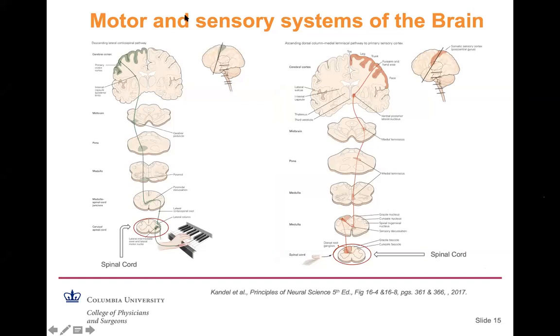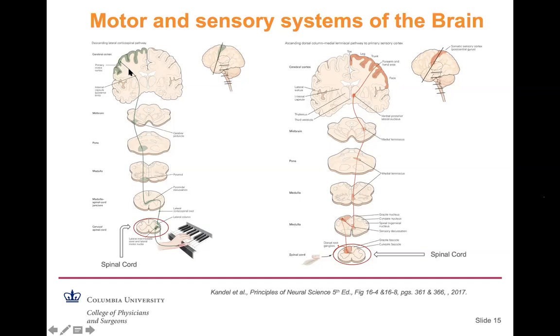So to talk a little bit more about the motor and sensory systems. I mentioned the motor cortex, and I showed you where it was located. These are where all the cell bodies, called pyramidal cells, these motor cell bodies, are located in the precentral gyrus, which is the motor cortex. And from these cell bodies, the axons are sent